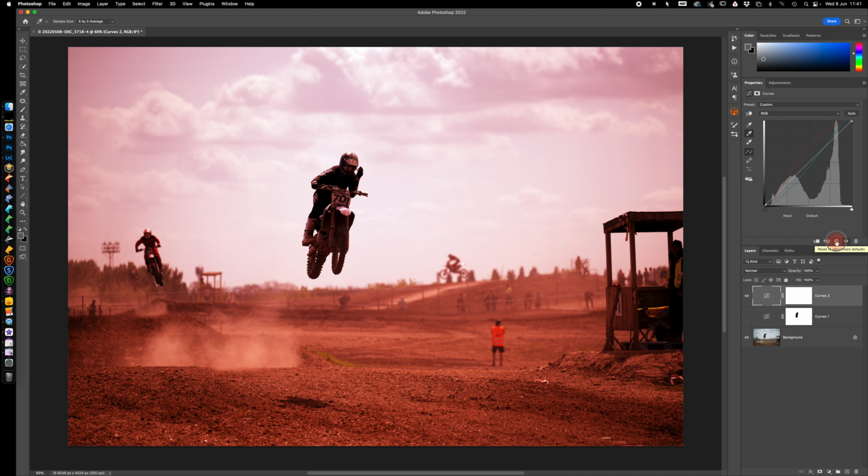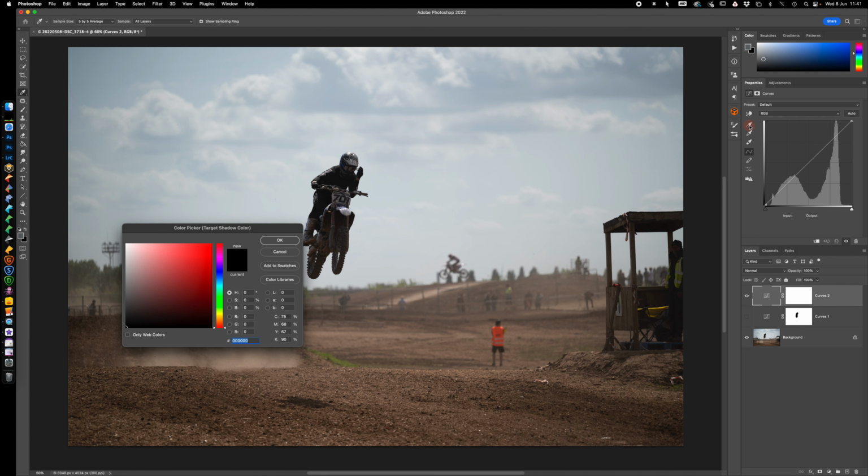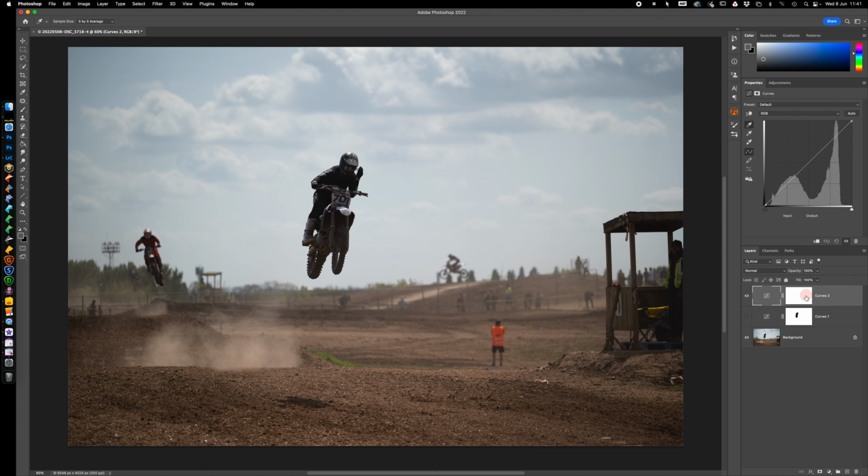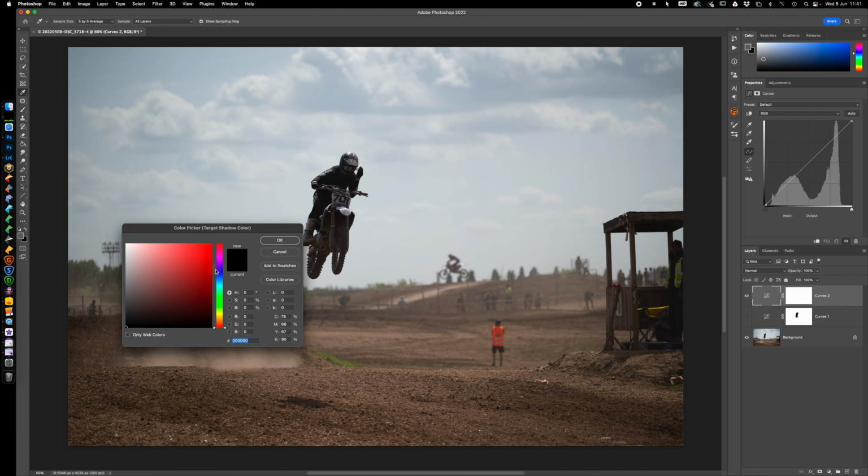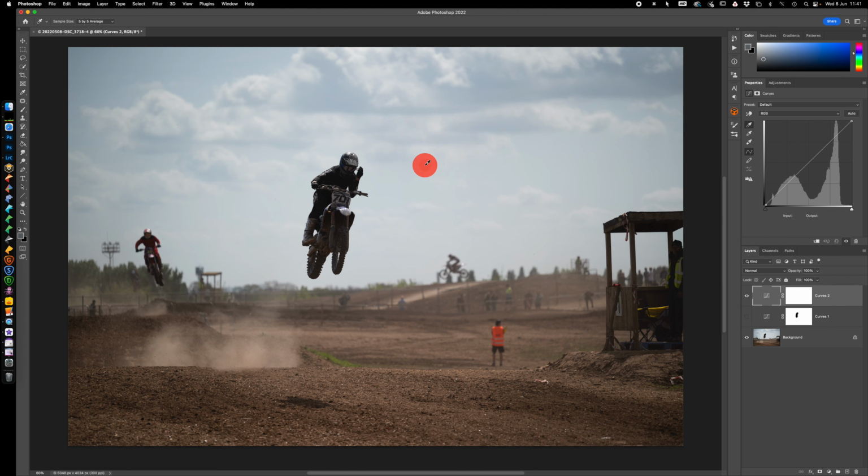So let's be a bit more subtle now. Let's reset this curve. Let's double click on our black dropper. Just a word of caution, you need not to be here, you need to be on the tool. So double click on our black, and I want to find a purple, and I want to introduce a bit of purple in there. I'm doing a comparison here just to see how much it's creeping through. Right, I've now primed the black to still be very dark, but also to contain some purples,